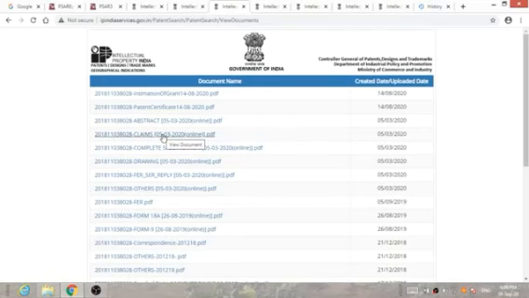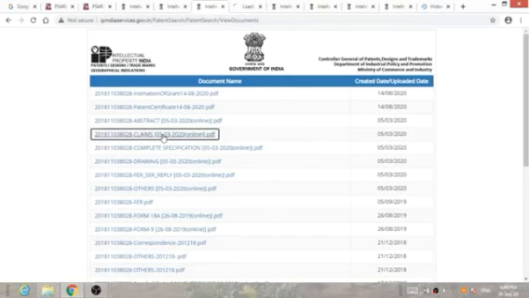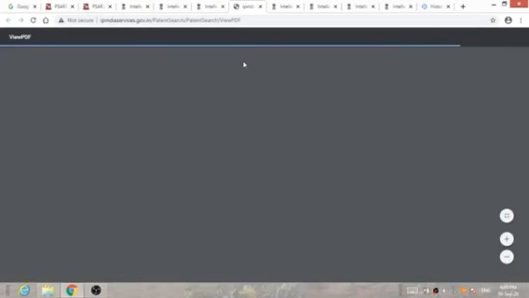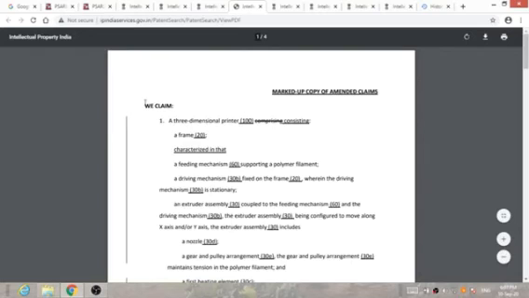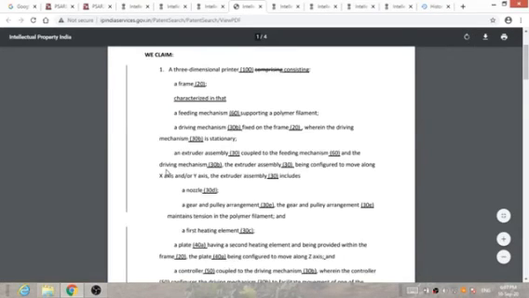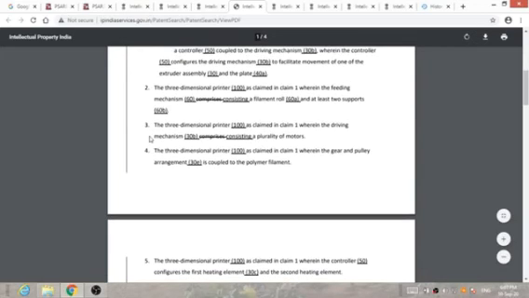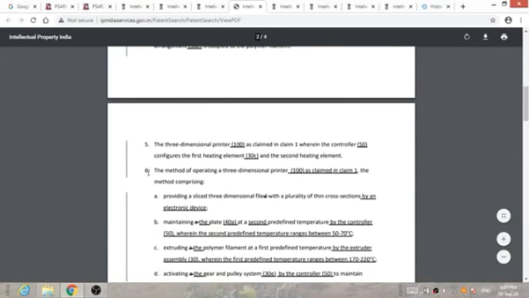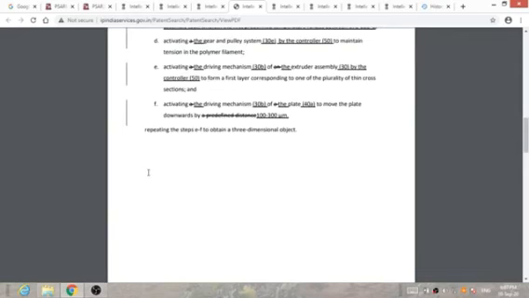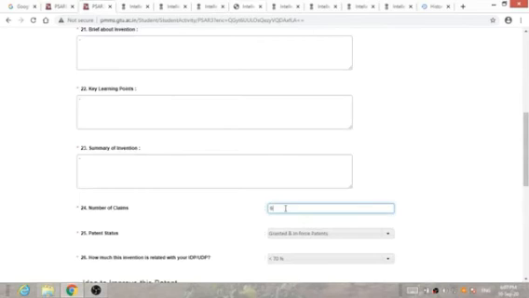You have to click on this PDF of claims. Over here you will find the total number of claims. This is the first one, second, 3, 4, 5, 6. So there are 6 claims in total for this particular patent. So I will write 6 over here.